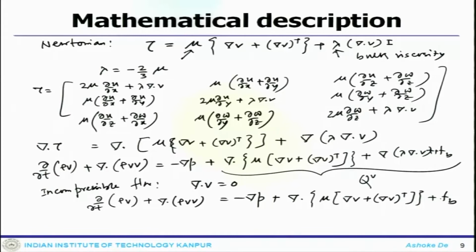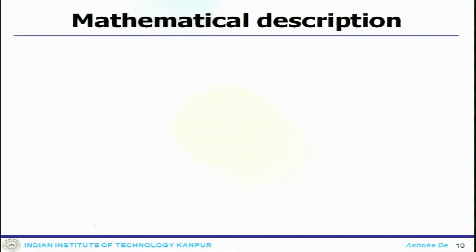Now, after simplifications, one can write the right hand side as essentially minus del P plus mu del squared V plus F V. So, this is your momentum equation for incompressible flow. One can make further assumptions. If you have an inviscid flow, then mu could be 0, and then you can get the equation for that. So, that gets you the momentum equation.